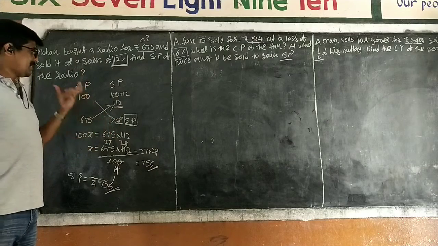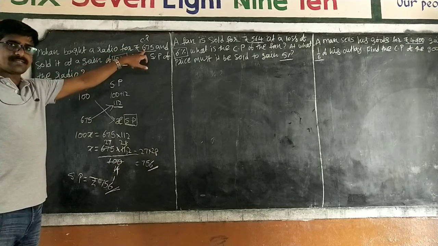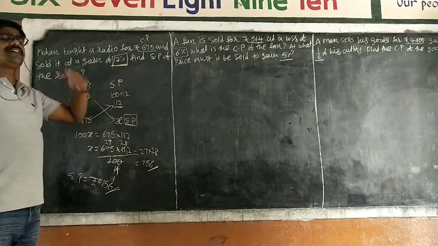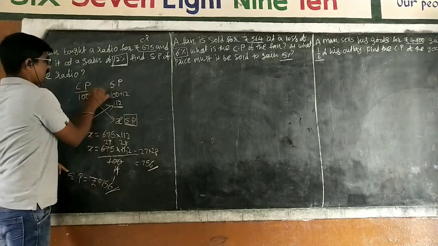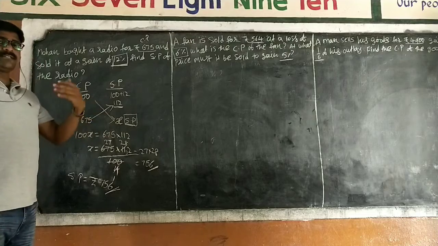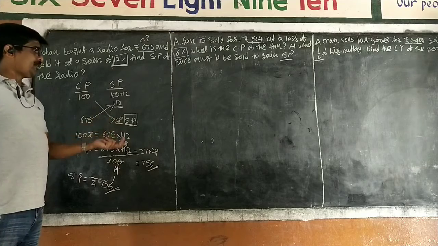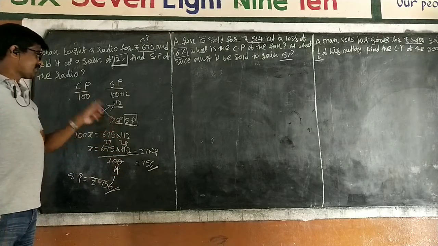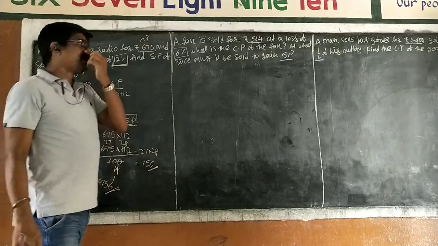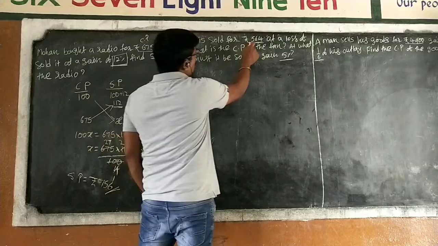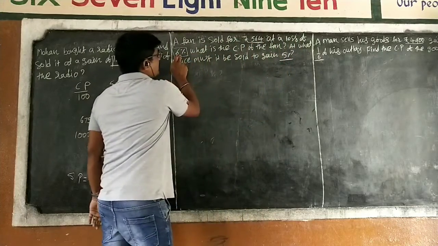Simple thing. You already did these problems in percentage. So based on the percentage, simply apply the formulas. This cost price is gaining 12%, and we have to find the selling price. Cost price is always 100, this is the cost price, this is the selling price. Selling price means gaining 12%: 112. Cost price 675. I don't know the selling price, X. So do cross multiplication, getting 756.